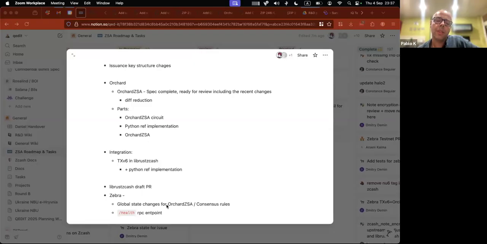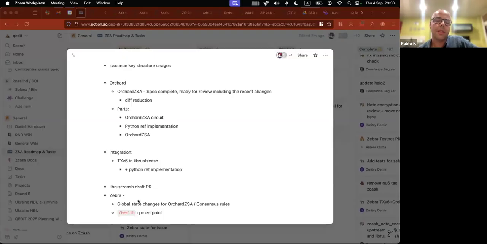We are implementing the global state changes for ZSA, namely the node now needs to keep track of all the assets. At the moment, we have just ZEC, transaction v5, and after the next upgrade, the NU7 upgrade, the Zebra node needs to keep track of all the issued assets,